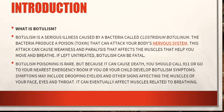The bacteria produce a toxin that can attack your body's nervous system. This attack can cause weakness and paralysis that affects the muscles that help you move and breathe. If left untreated, botulism can be fatal. Botulism poisoning is rare, but because it can cause death,